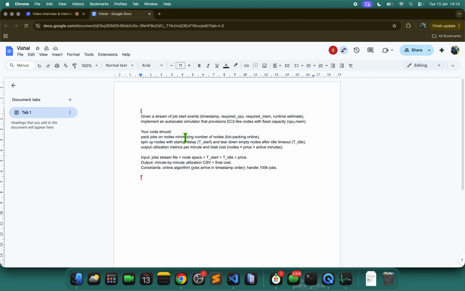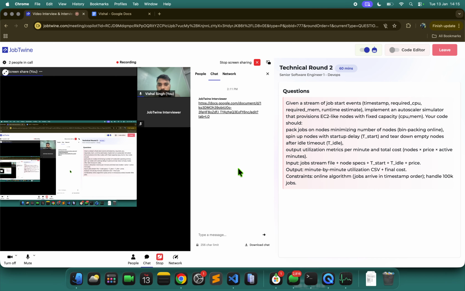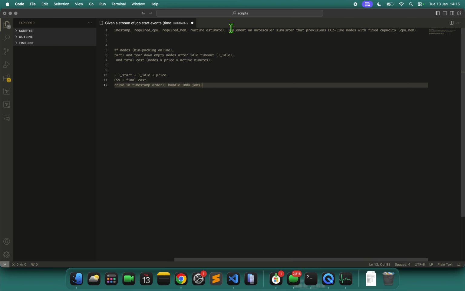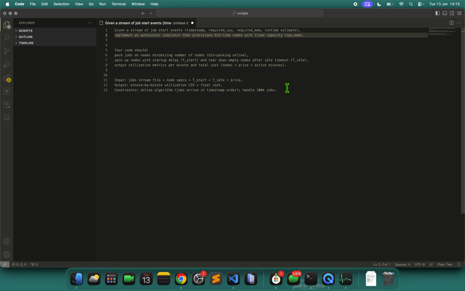Given a stream of job start events with timestamp, required CPU, required memory, and runtime estimate, implement an autoscaler simulator that provisions EC2-like nodes with fixed CPU and memory capacity.